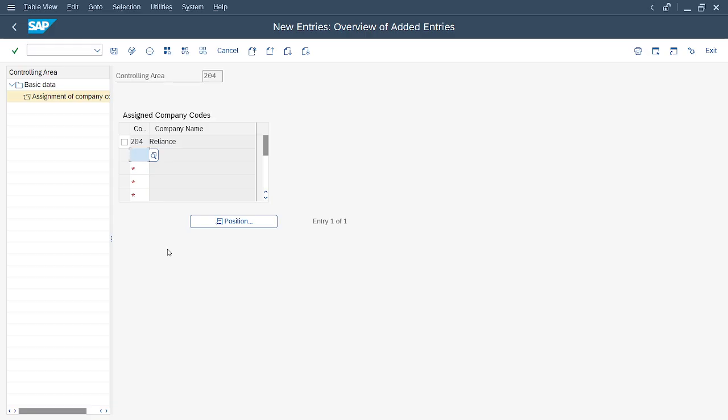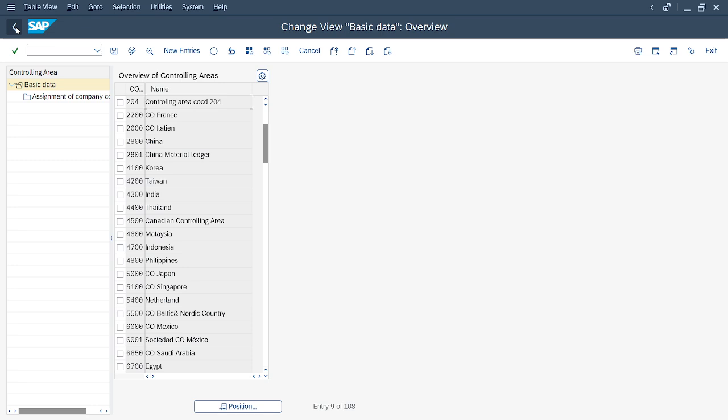This is a little change from the rest of our assignments. Here we are selecting the controlling area and then assigning it to the company code. In the other parts, it was first the company code and then the other object would be assigned to the company code. It is opposite here.